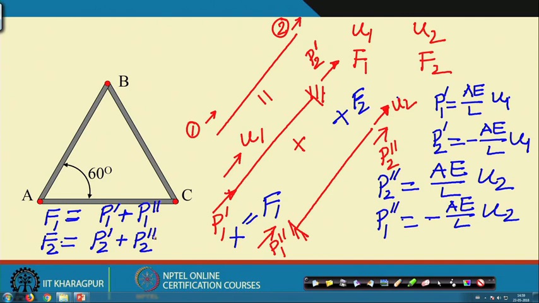Now, if we substitute P1 dash here and P2 dash here and write in a matrix form,